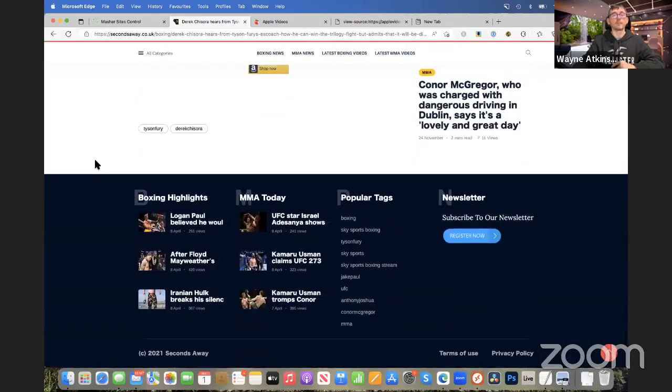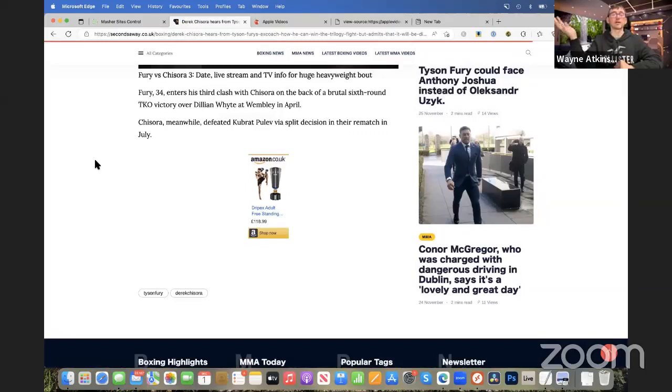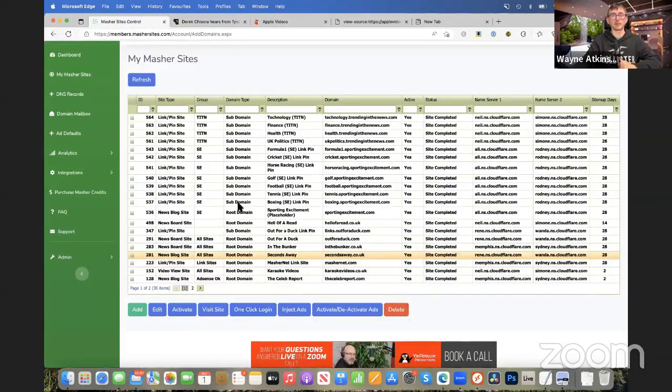Yep. But it's matching our testing that we've done on the big PBN that we're doing. White can sometimes look cleaner, so we've brought that down. We'll show it you in a